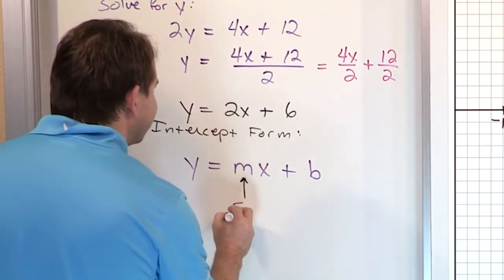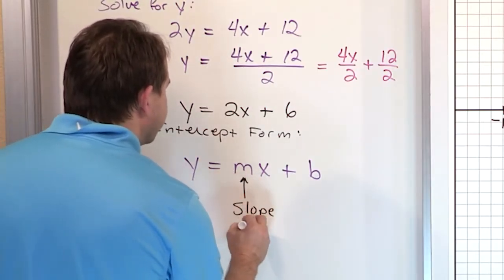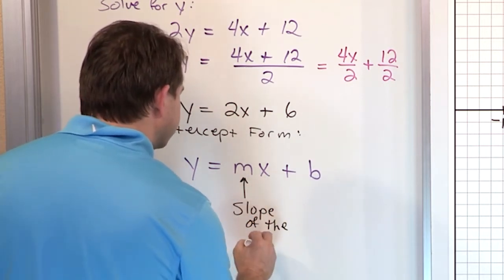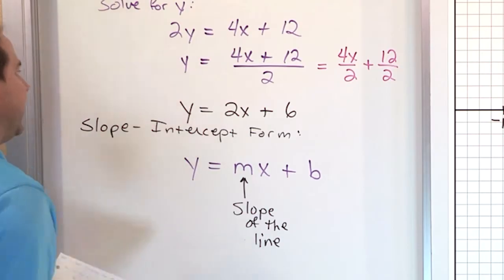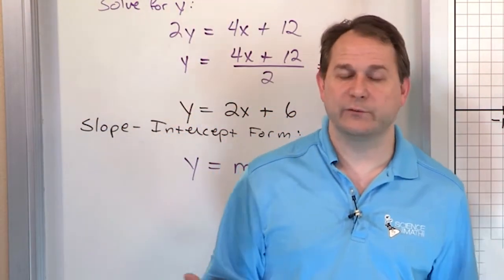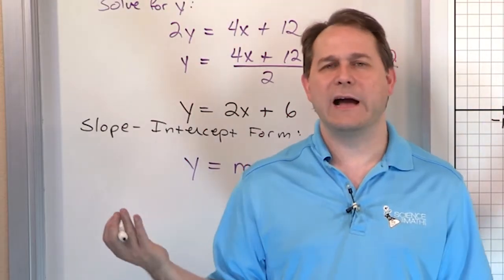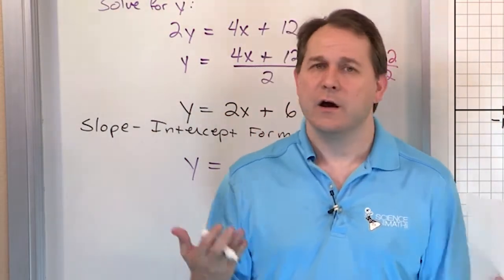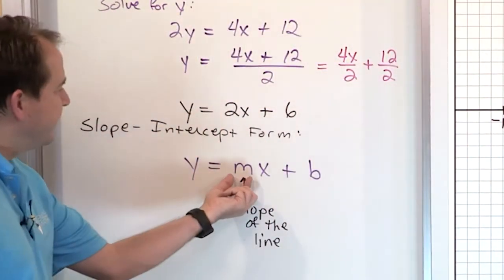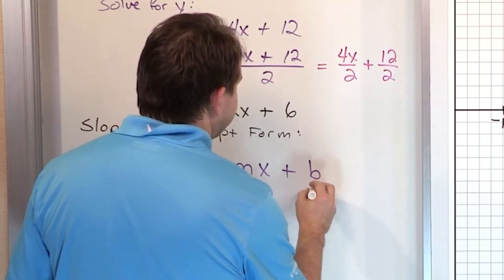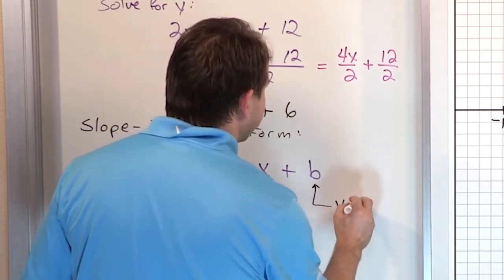M is actually the slope of the line. The same slope that we calculated from before, y2 minus y1 over x2 minus x1. The same exact slope. Remember, we were doing all kinds of slopes. Sometimes the slope was 1/2, sometimes the slope was -3, or whatever. This value here is the slope of the line for this equation. And this guy is what we call the y-intercept